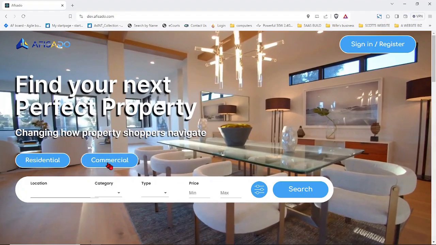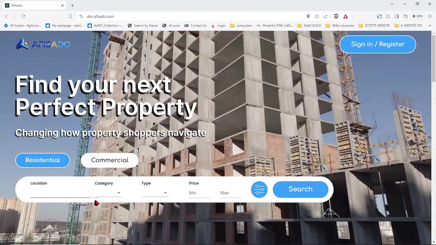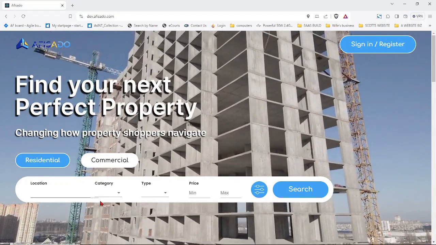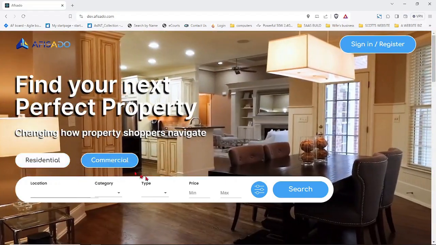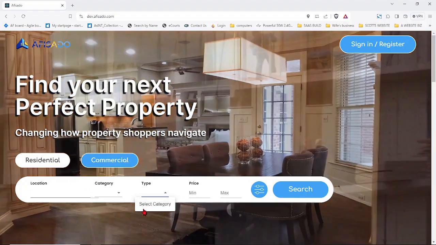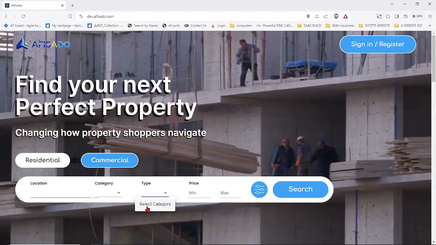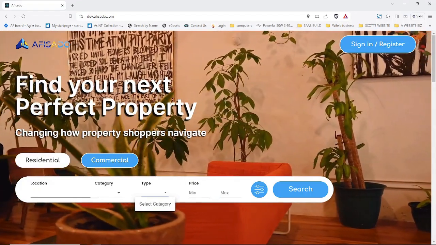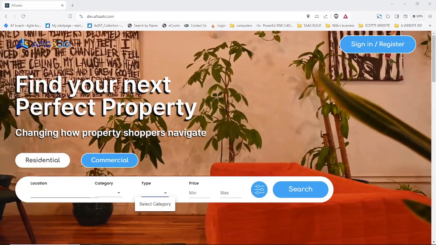So you have your residential, your commercial tabs, but here there's an issue with the lines. It's overlapping like this. That's a problem. Now for commercial, there's type. If you select specialty or leisure, subtype would open here. I bring that up because it's not presented at this moment, and